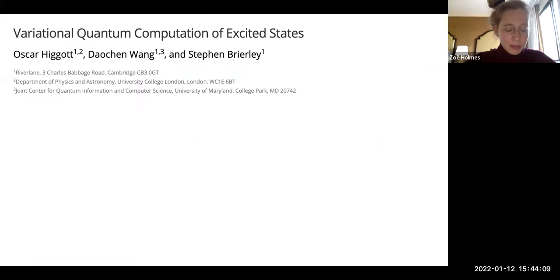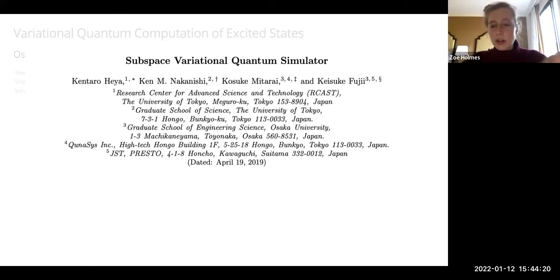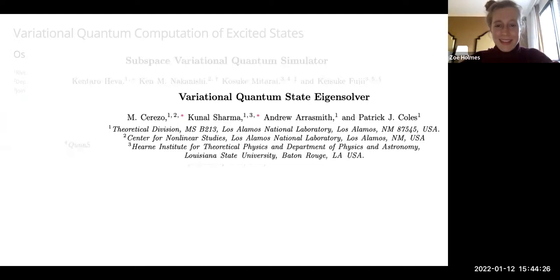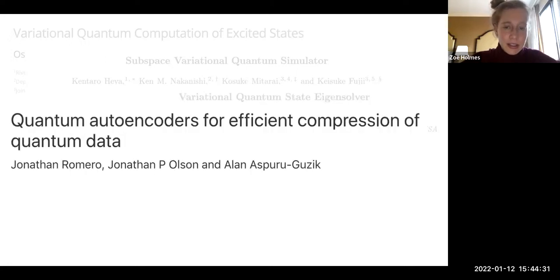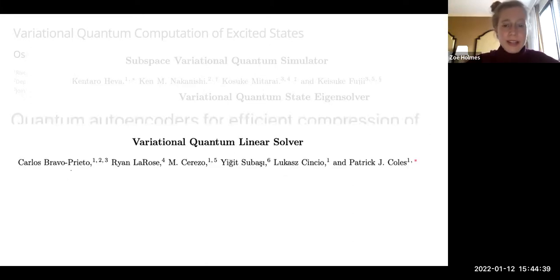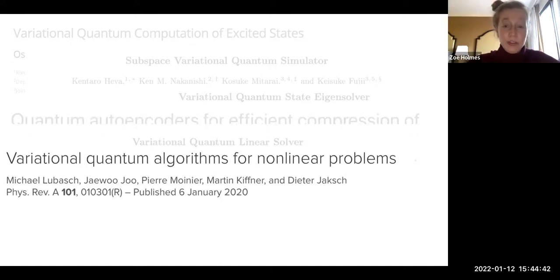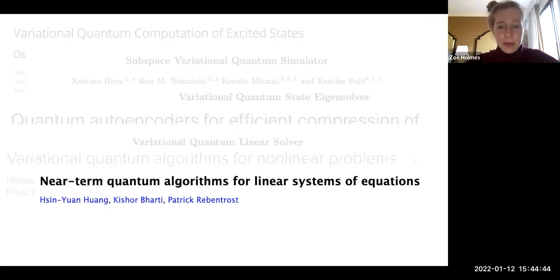Okay, so those are two examples, but there are many, many more examples of variational quantum algorithms out there in the literature. So this is one for not just finding the ground states of a particular Hamiltonian, but finding the excited states. This is another one along those lines. You find the excited states and then you use that to form a quantum simulation. This, more familiar names again, is for diagonalizing a quantum state. This one is for compressing quantum data from a larger system onto a smaller system so it can be stored more easily. This is one for solving linear systems equations, one for solving nonlinear problems, another one for linear systems equations. Those two came out at a similar time.